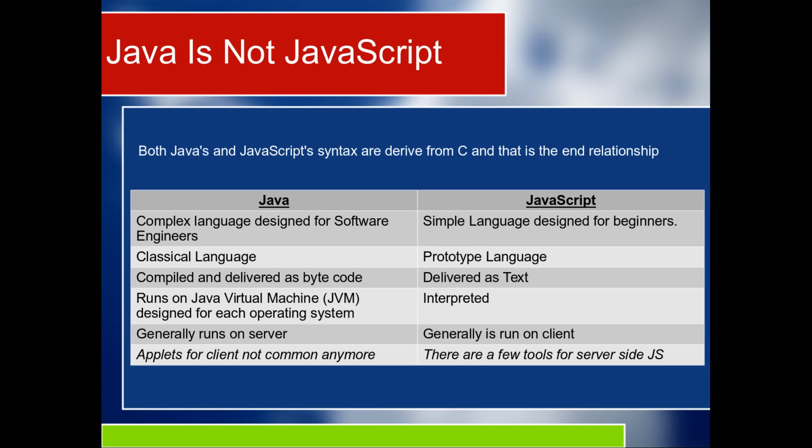But that's not the only difference. It goes deeper than that. Java is a classical language. JavaScript's a prototype language. And these don't mean what you think they do, I suspect. A classical language like Java or C++, or PHP or Ruby or a lot of these other ones, you write classes. And these classes form the basis of objects. And an object's an instance of a class. Now, when you want to do inheritance, you write a new class and extend that base class.